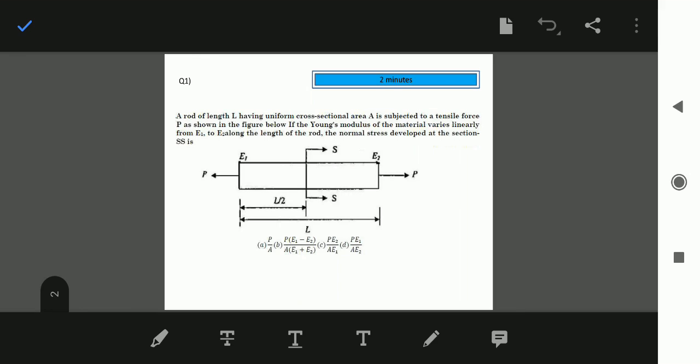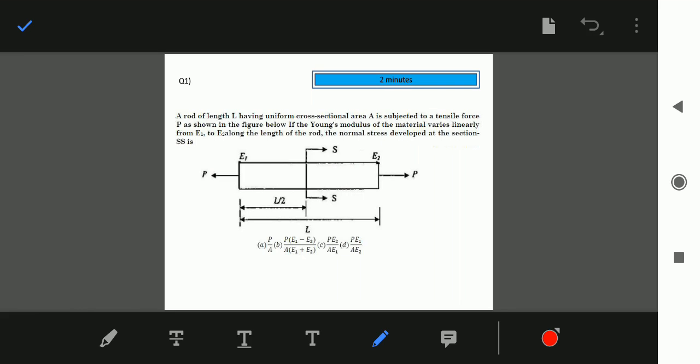Today I am here with the video solution of Test 2, that is Strength of Materials. I have selected the questions based on the concepts as well as the questions which I faced difficulty in solving. The questions are really good, and I request all the viewers to go through the full video solution, as this solution will clear your concepts. So let's start the video.